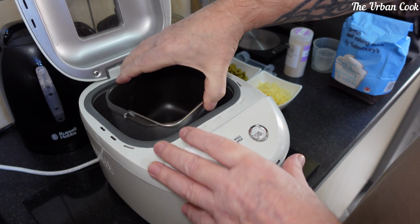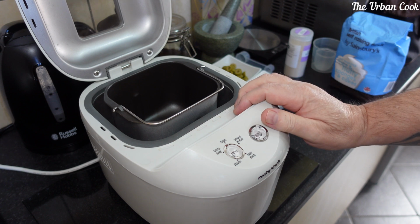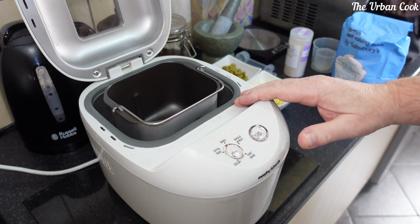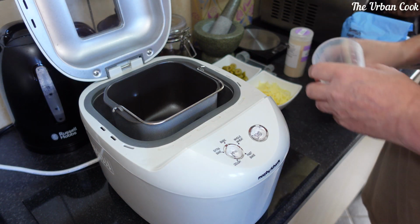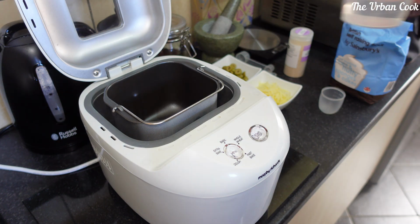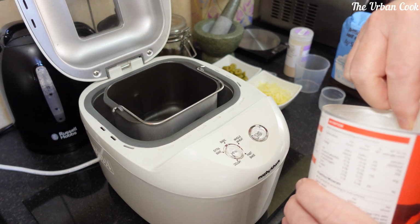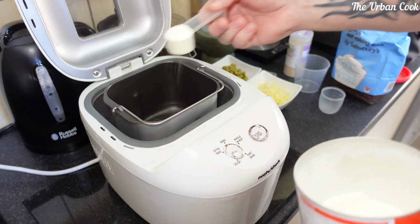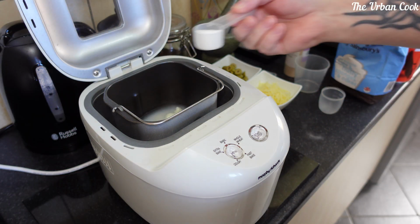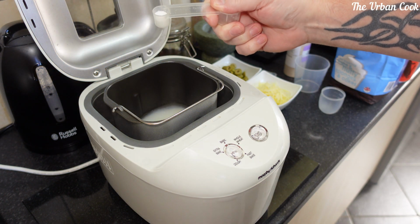So basically just add all the ingredients in and switch it on and relax for an hour or so, or 2 hours. So basically what I'm going to do is start off, and apparently you have to do this in order. You'll get 140 ml of water, one tablespoon of skimmed milk powder, 1 tablespoon of sugar, half a teaspoon of salt,